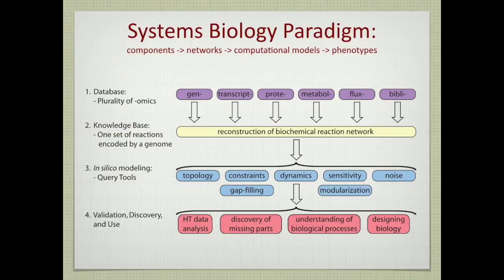Then there is that reconstruction step that I mentioned, to build that network that underlies the function of a cell. And it's very important that in the first layer there are many bubbles, many technologies, but in the second layer there's one bubble. Because in principle, there's only one metabolic network in Saccharomyces cerevisiae, a particular strain. And it's, in principle, knowable. You can know what that is if you have a sufficient amount of information.